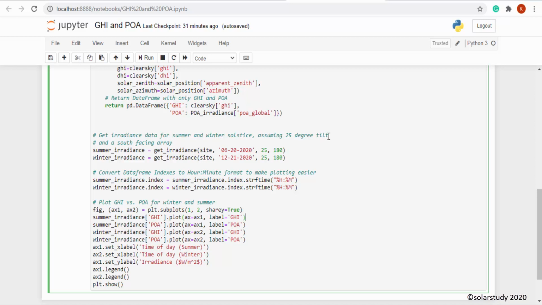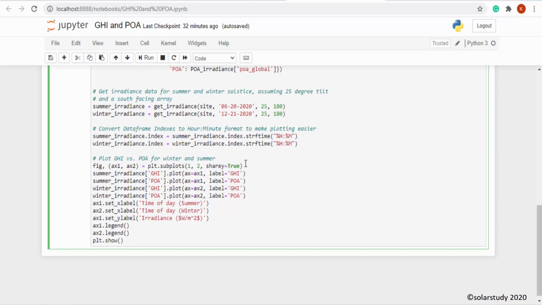Okay, so this is defined for 25-degree tilt. Then this data frame will be converted into hour and minute. Okay, now we got all the data in the summer irradiance and winter irradiance. So we have to plot it, that's it.